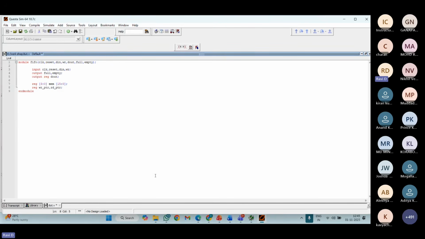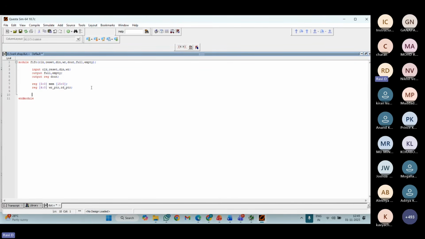If I write reg write pointer and read pointer like this, it can just generate the values 0 and 1. So here I need to declare the width, right? If I want to represent a value up to 15, at least it needs 4 bits to represent that. So here I'm taking 5 bits, [4:0], to represent the locations in my memory.